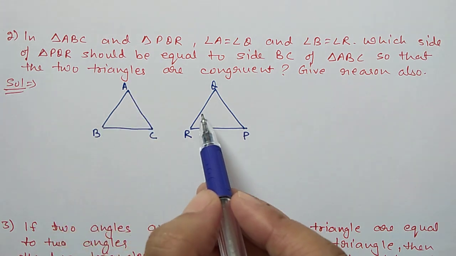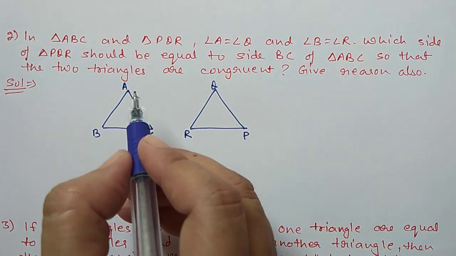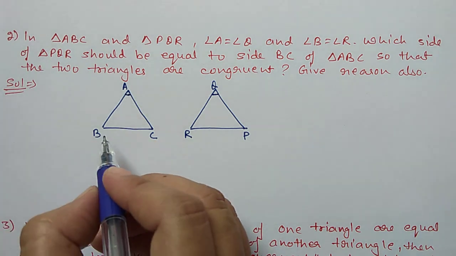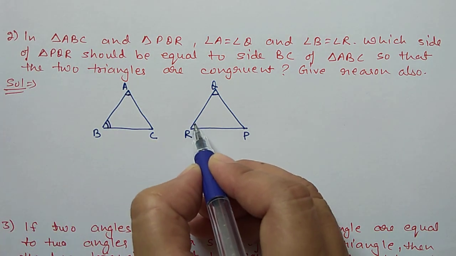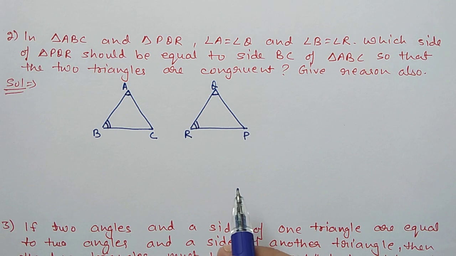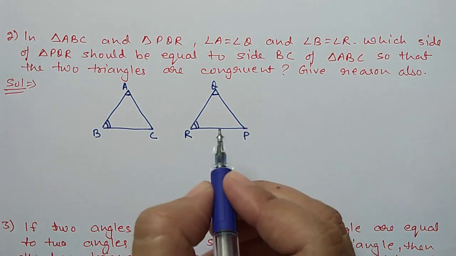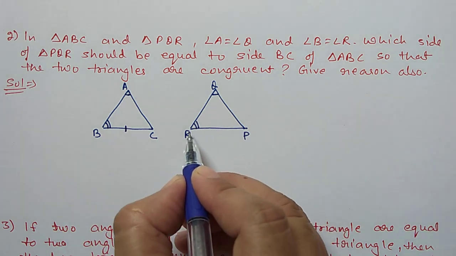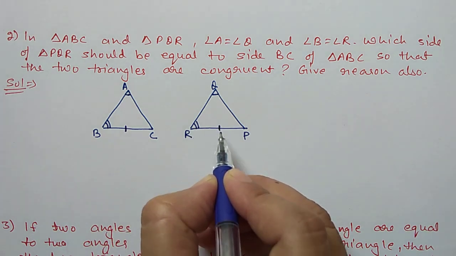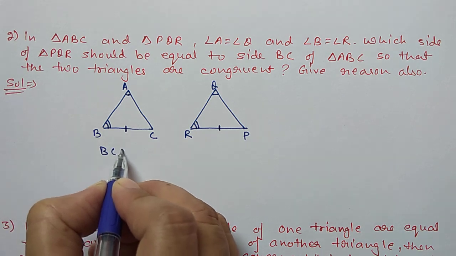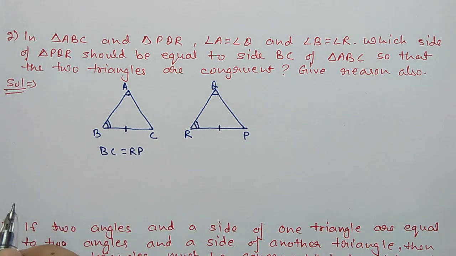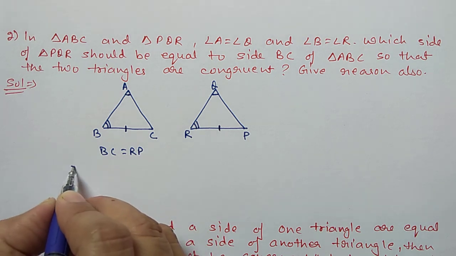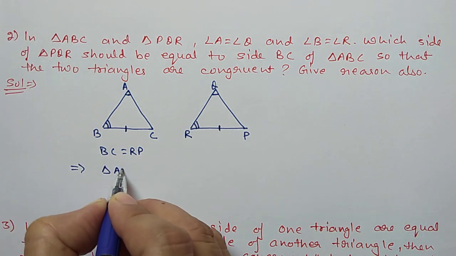So we will draw the same type of figure first, then we see A is equal to Q, these two angles are equal, B is equal to R. Now we have to tell which side is equal to BC. This side we have taken here, so in this other triangle BC will be equal to RP, and the reason is that then only these two triangles will be congruent to each other